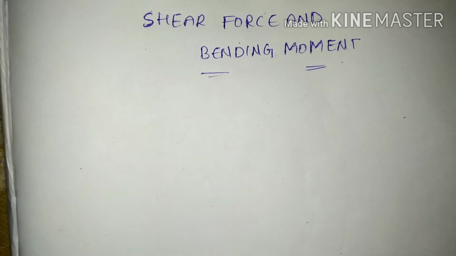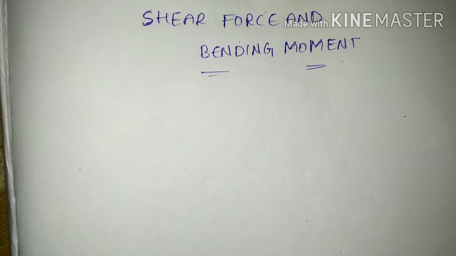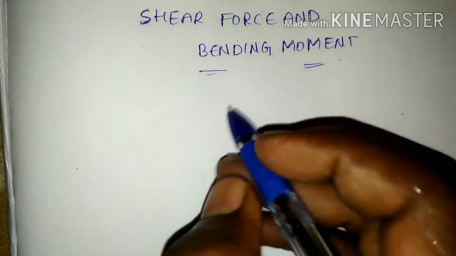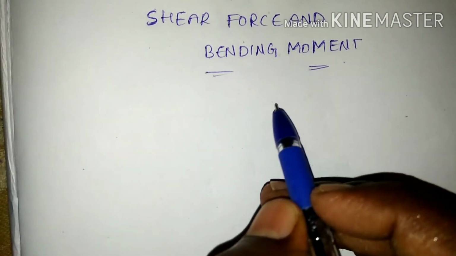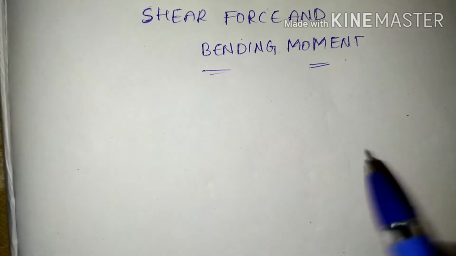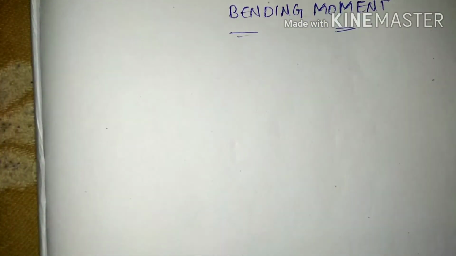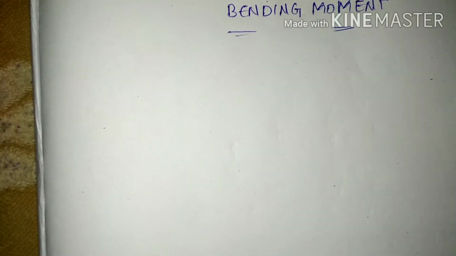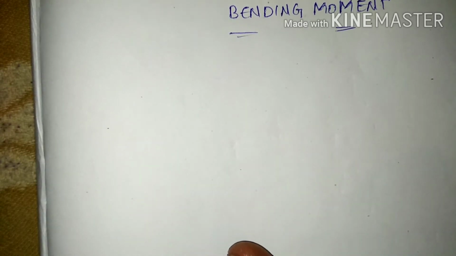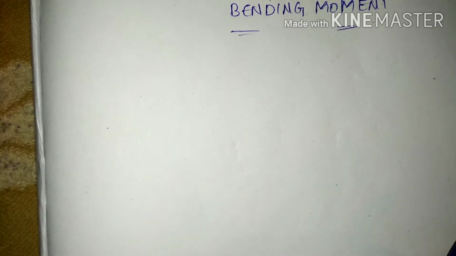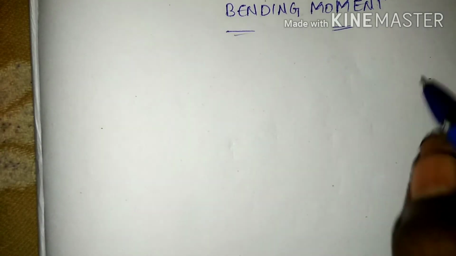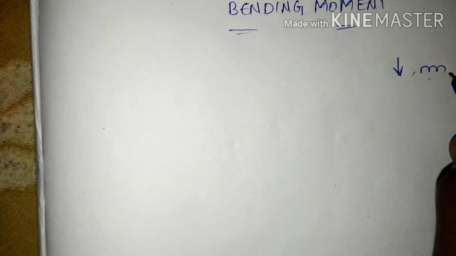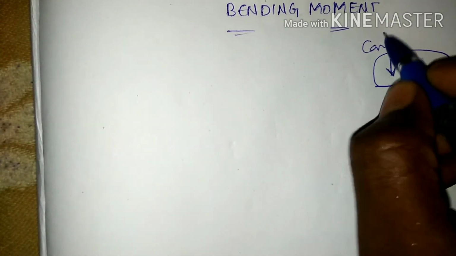Let us discuss the cantilever first. The conditions are subjected to point load and subjected to UDL load. There are two conditions for each beam, so we are going to derive the equations for both the point load and the UDL acting on the cantilever and simply supported beam. Today we are going to see only point load and UDL load on a cantilever beam.